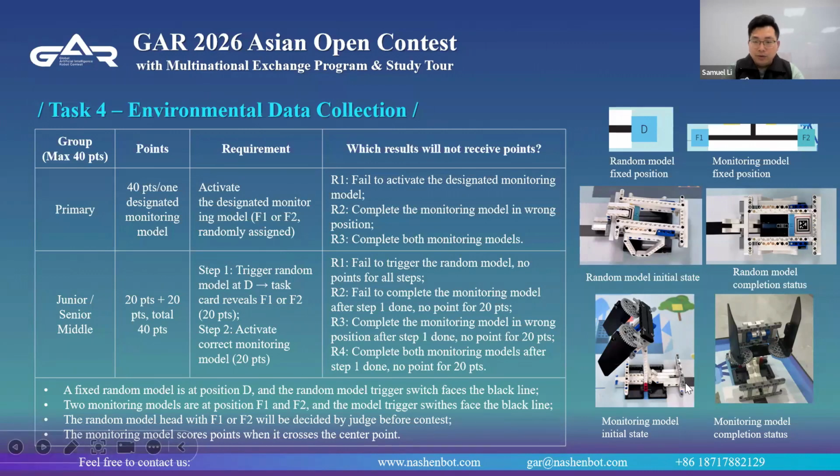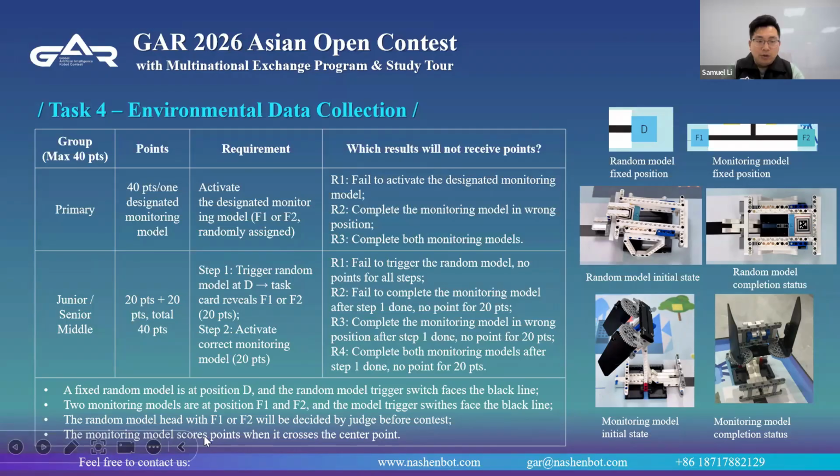So these are the 2 triggers facing the blank line. The random model hint, F1 or F2, will be decided by the judge before the contest. This is for the primary school group.